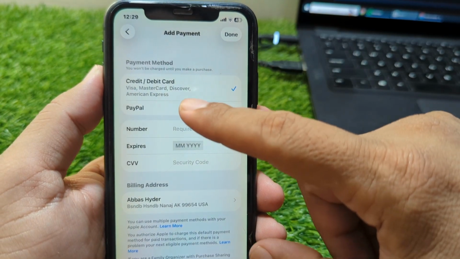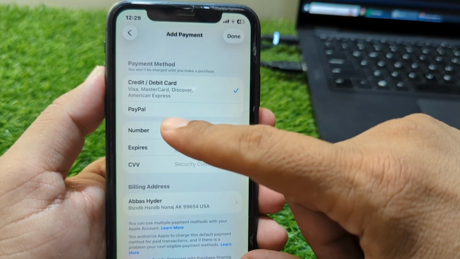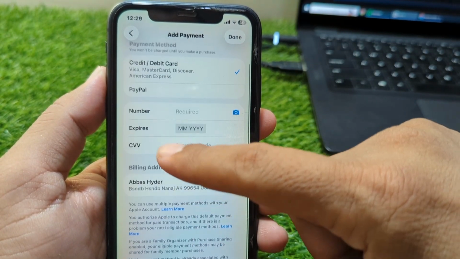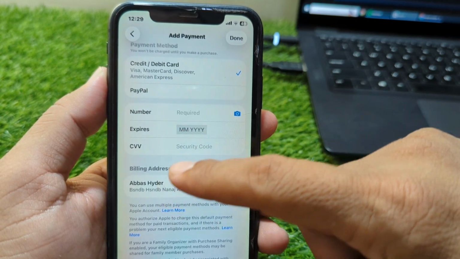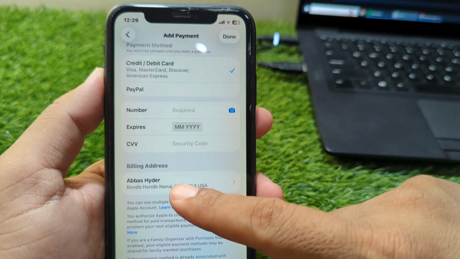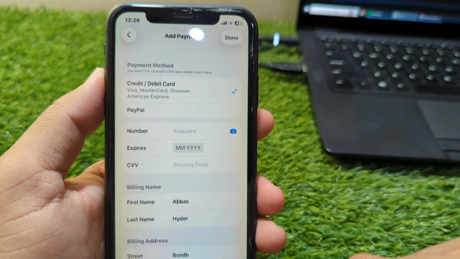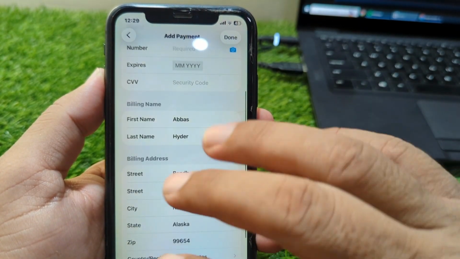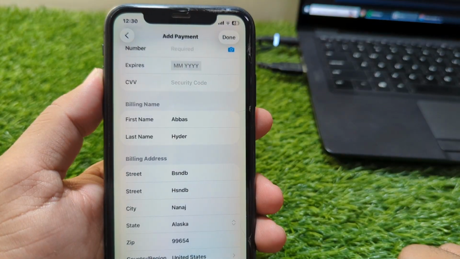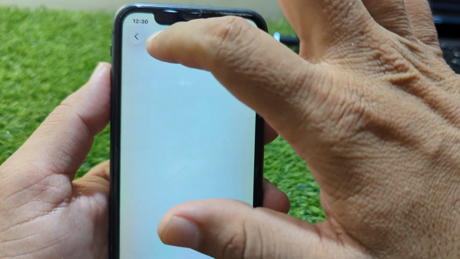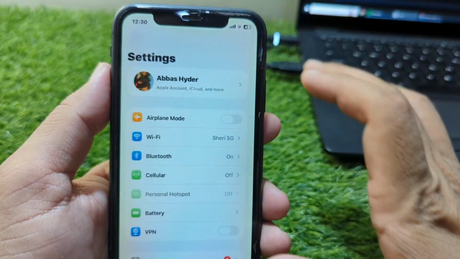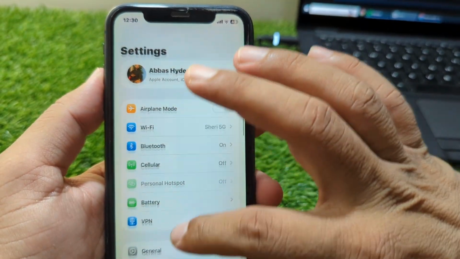So as you can see this, you can select your debit or credit card, you can select your PayPal account, and then you have to give here your card number and then date of expiry, and after this security code, and then tap on billing address and add your billing address as well from here. So guys, you have to simply add your billing address from here and then billing name, and after this check if the problem is fixed or not, and if the problem is still there then you have to simply scroll